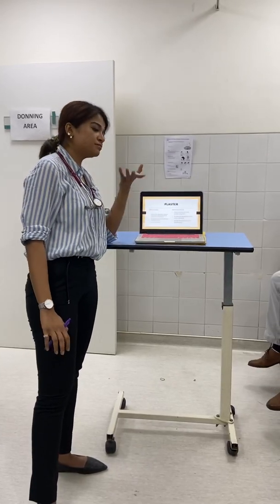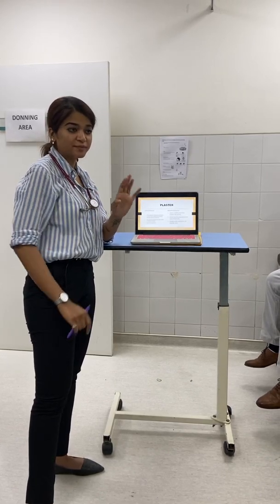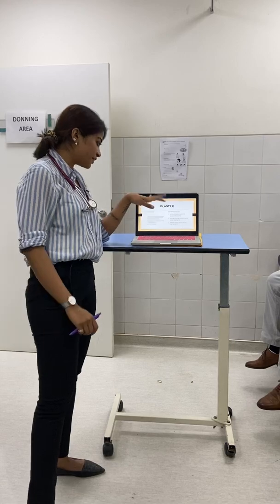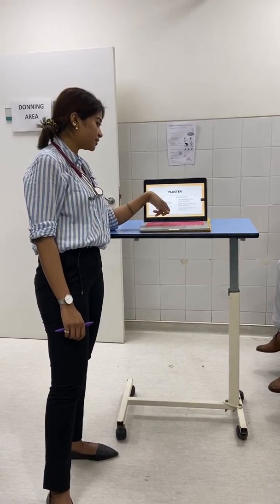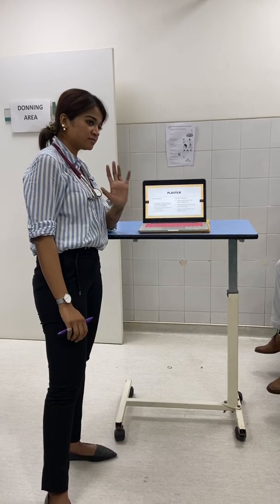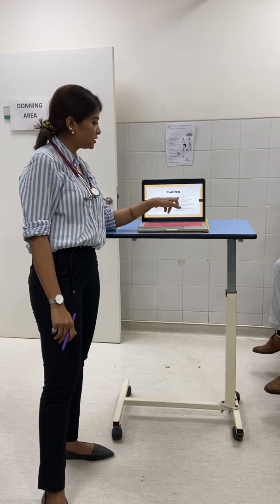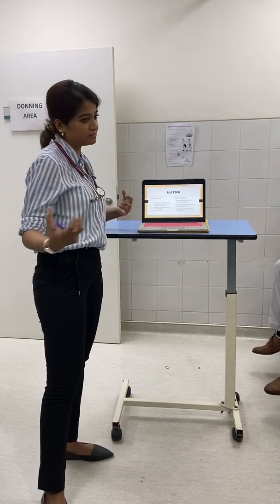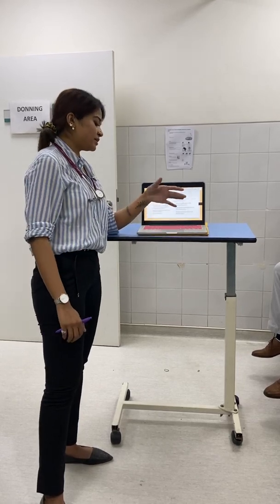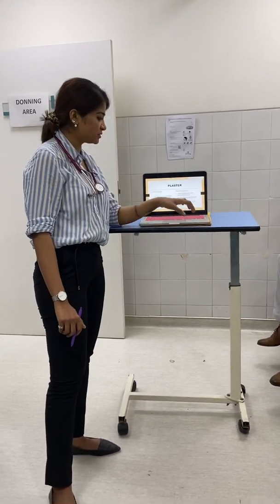Plaster is basically gypsum, which is calcium sulfate, which produces heat. What are the advantages of that? It will decrease the swelling. Pressure-related complications will decrease because it's not causing that much pressure, and it's easy to remove. Disadvantages are patient compliance, as the patient can remove it. It doesn't have water resistance, so you cannot take a shower and all that. And there is increased motion at the injury site because it's not a very hard substance.